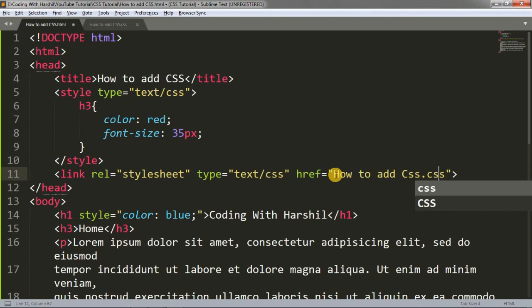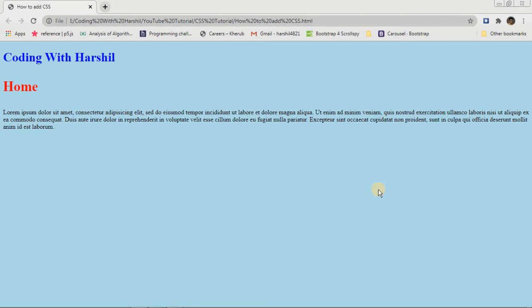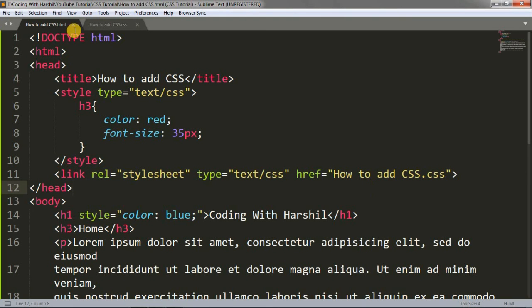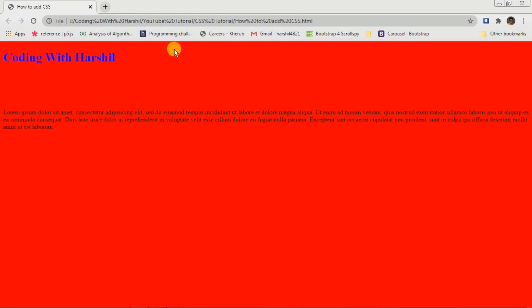Okay, you can see I have to give the proper name of that. Now let's save this HTML file and refresh here. Then you can see we got the reflection and the background color is changed to light blue. So now whenever we change something in the CSS file, let's say red, then it will automatically reflect here. Okay, so you can see this Home is red in color and the background color is red.